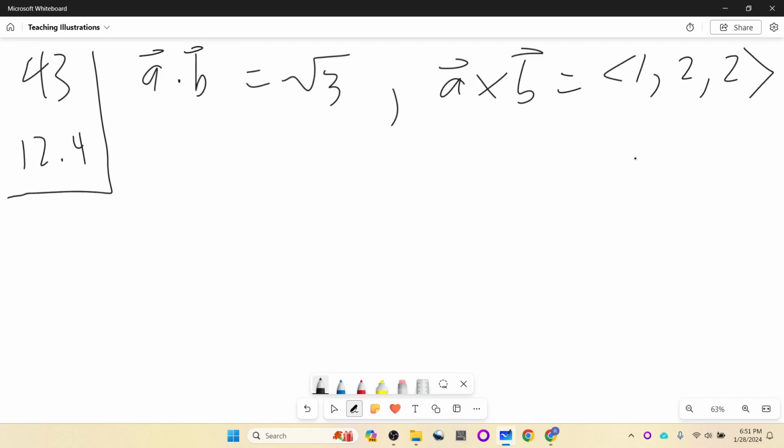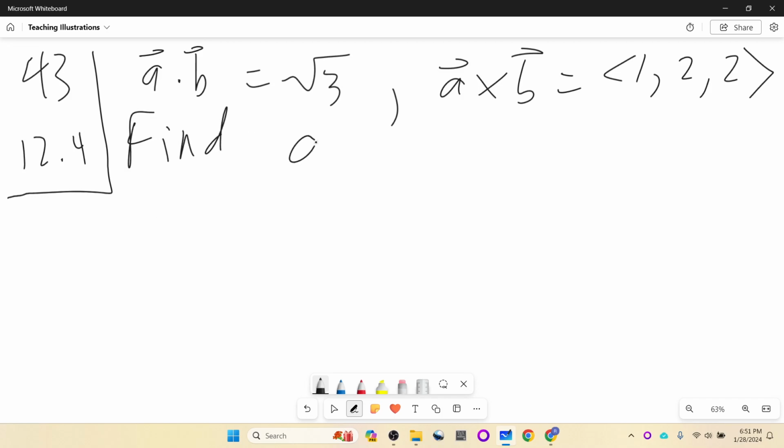Or one of those negatives. Let me double check that. No, it's 1, 2, 2. Okay, it probably wouldn't matter. But now we were asked to find